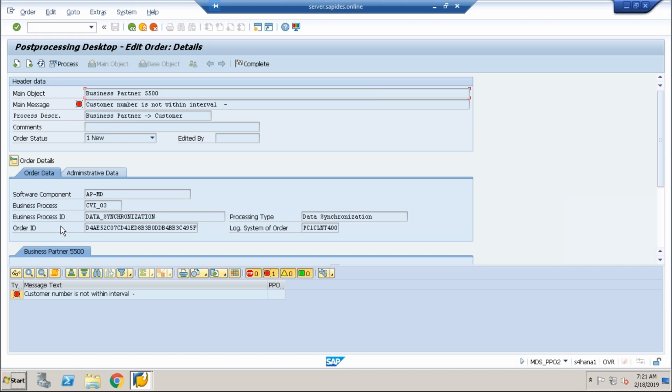In the post processing phase, that's where they run this transaction to check if anything comes in as part of your specific setup. Once you have these setups, they check if there is anything that needs to be resolved further. So you get into the specific BP and check where exactly the issue is, for example where the customer number range is not in the interval. Not everything will have a similar issue. Based on the issue, you'll have to get into the particular business partner and check the details of the setup.